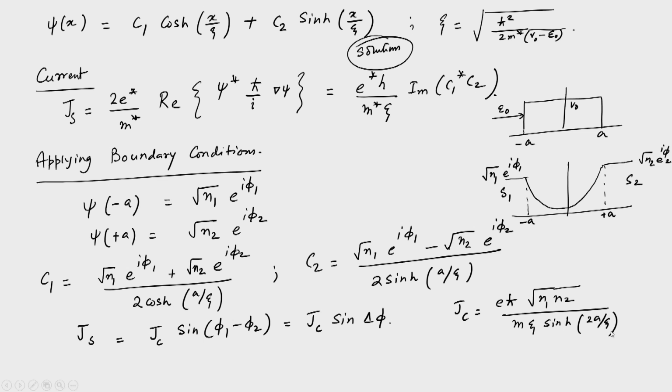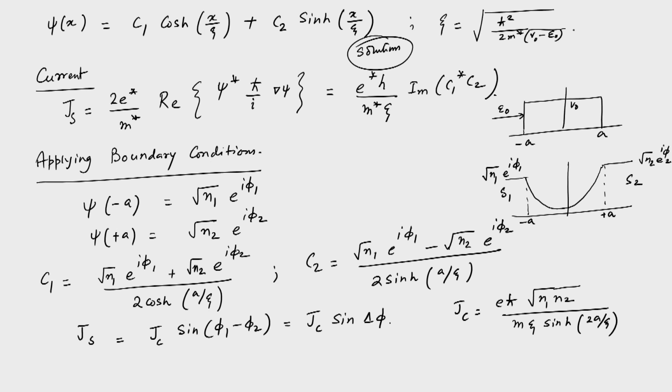So, we have achieved quite a bit. You see that we have written down predictions of the Josephson current, that the current would be oscillating in this particular fashion. Here we derived it for the current density, but of course, if we multiply it by the area it remains the same. So, there is a sinusoidal variation, and the argument of the sine function involves the difference in phase between the two superconductors.